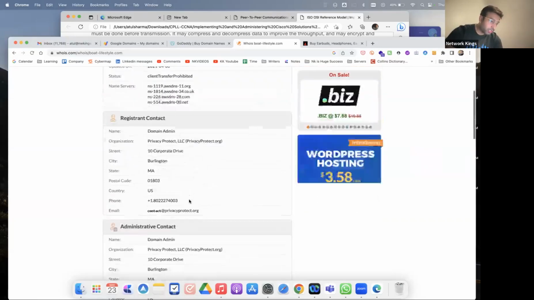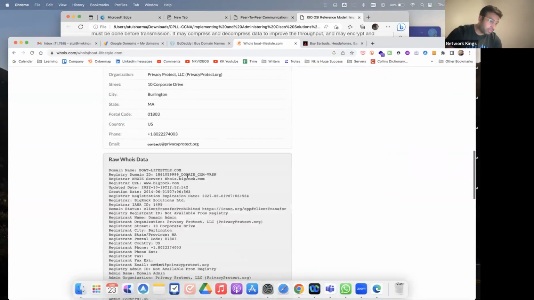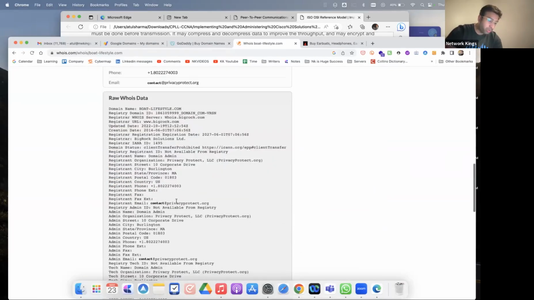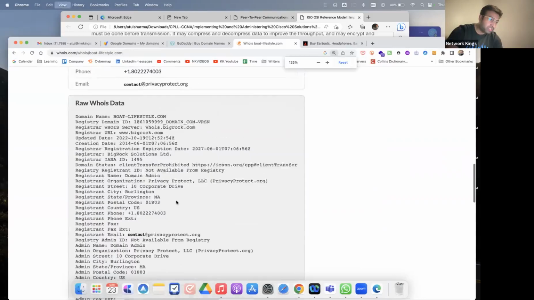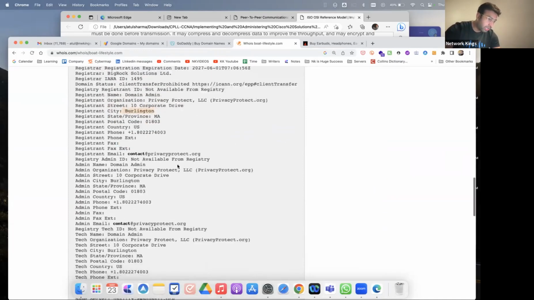Yeah, so you can see here, this is protected. From here you can always find out whether a company is genuine or not, because they created the domain name in 2014, and this domain was taken from Big Rock. The registrant city is Burlington, and there is no private information here. You can get contact details directly from here, but